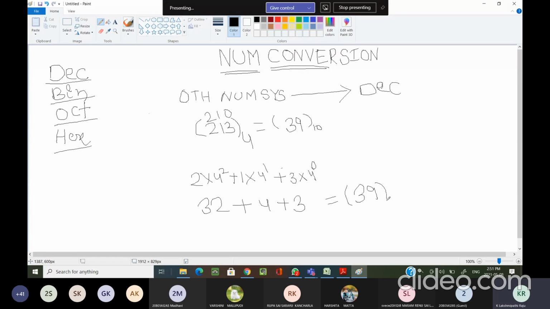I hope everyone got the same answer and everyone is following the same procedure that we are following. Now you can convert any other number system into the decimal number system. Okay, now moving to